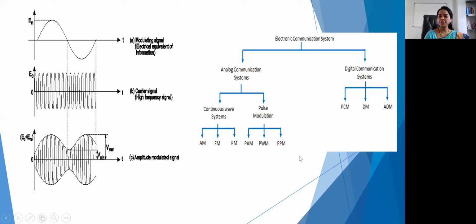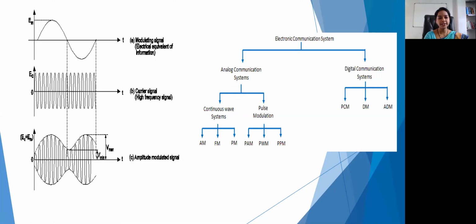This is pulse code modulation, this is delta modulation, and this is adaptive delta modulation. All these modulation techniques are very interesting. So we will see them one by one in our sequential classes. Here is one of the modulations you are going to see. Just look at these waveforms. This is first the input modulating signal. This is electrical information, whatever you got after